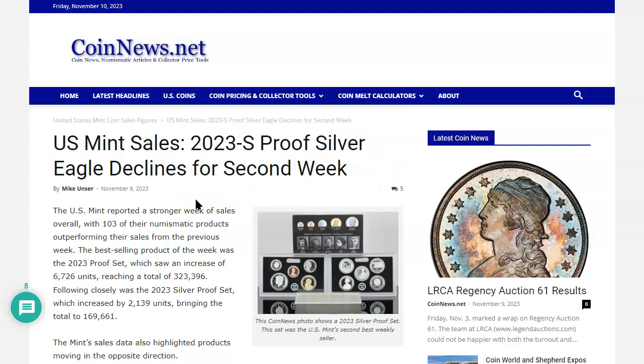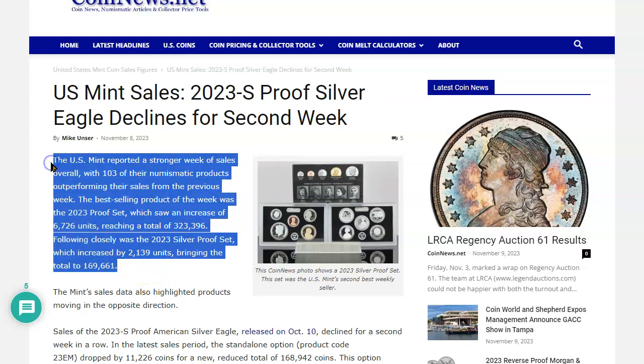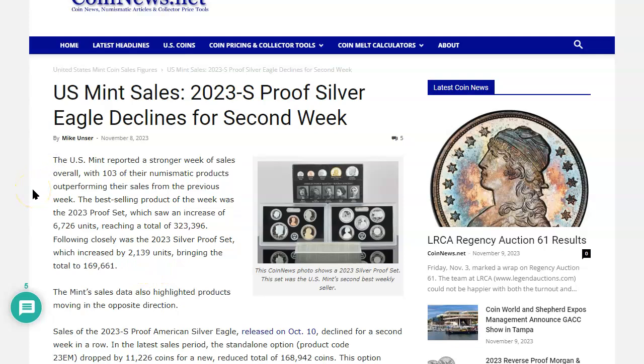But what's interesting is that the silver proof set and the proof set continue their strong sales, so I think that's a really interesting, I don't want to say phenomenon or aspect of what's going on, but it really is interesting, and I think we should be paying attention to it. It says here the U.S. Mint reported a stronger week of sales overall, with 103 of their numismatic products outperforming their sales from the previous week. The best-selling product of the week was the 2023 proof set, which saw an increase of 6,726 units, I'm telling you, reaching a total of